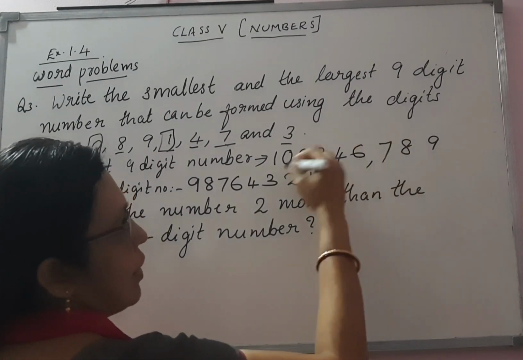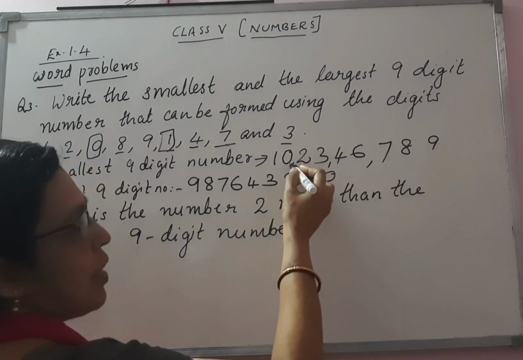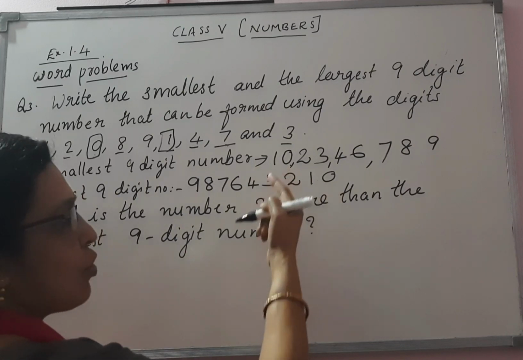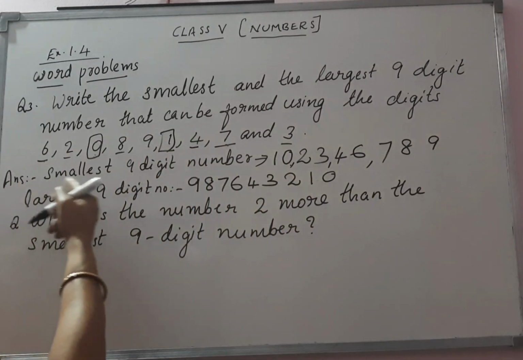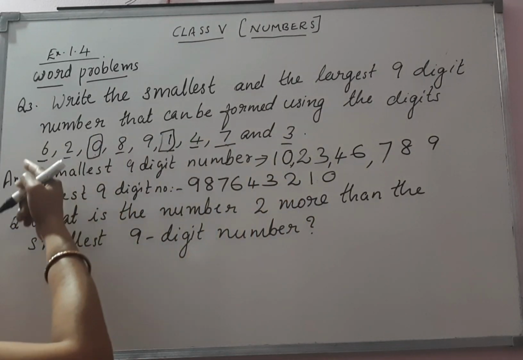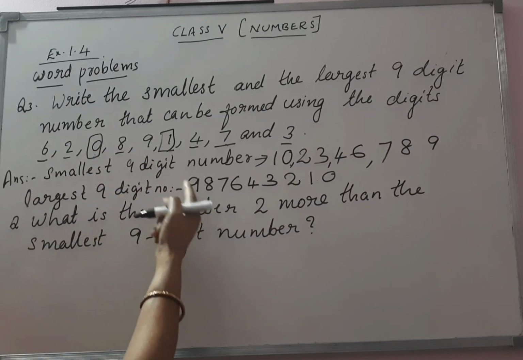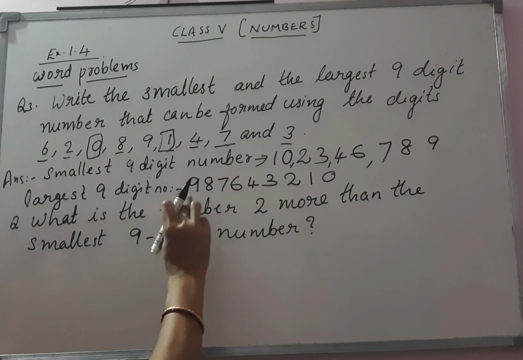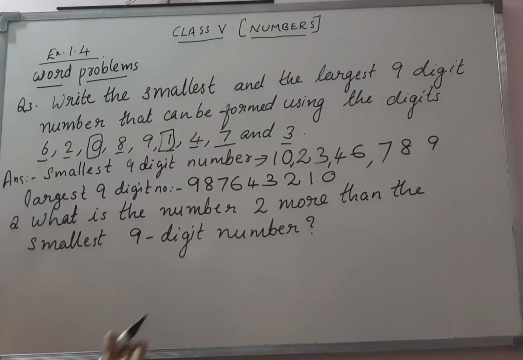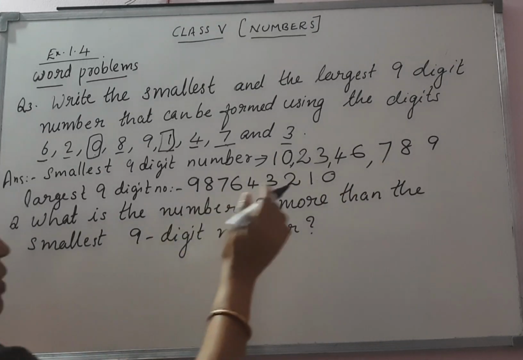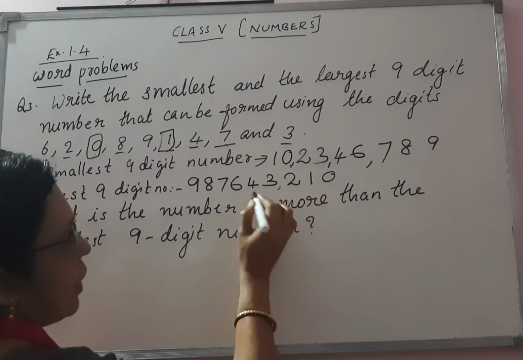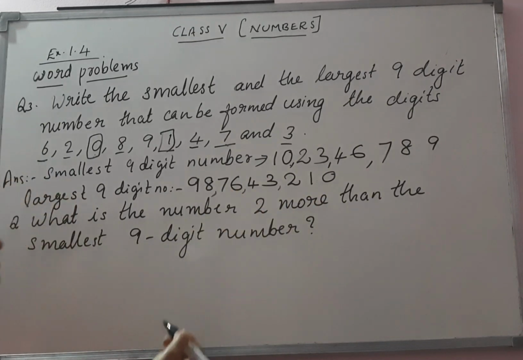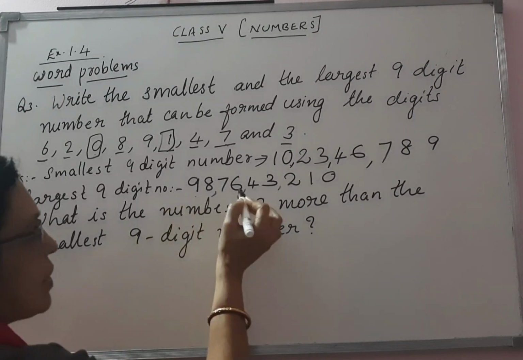When we are writing, it's in the reverse order, meaning 0 is coming here, but we should not do the reverse order. You have to find out the digits in the descending order, and descending order means big to small. Then you will get the number formed, that is the biggest number formed using the given digits. So 98 crore 76